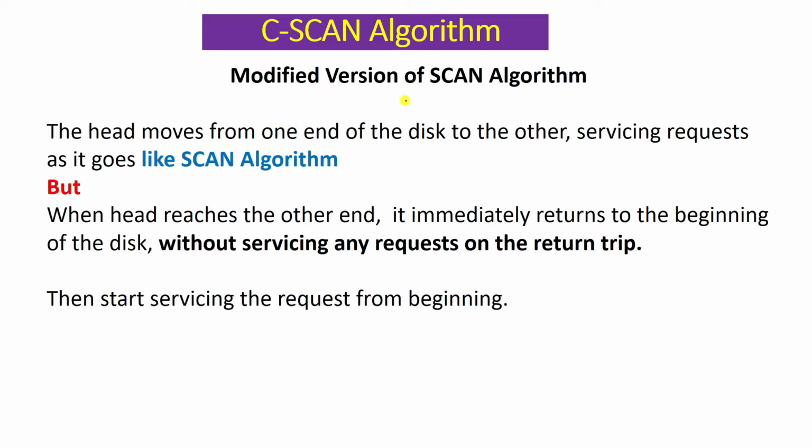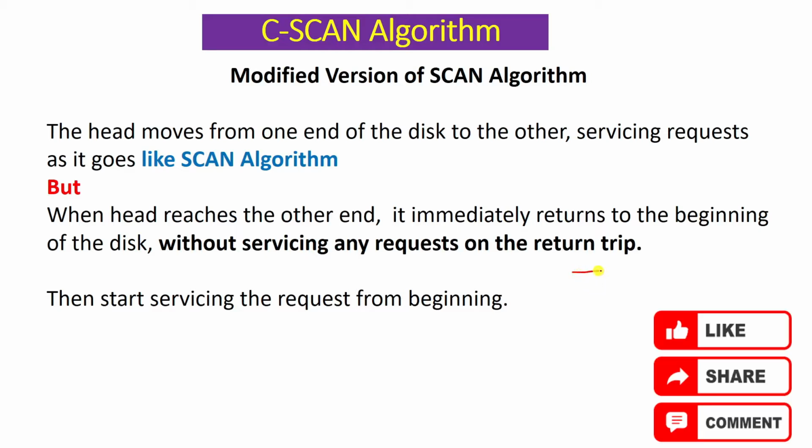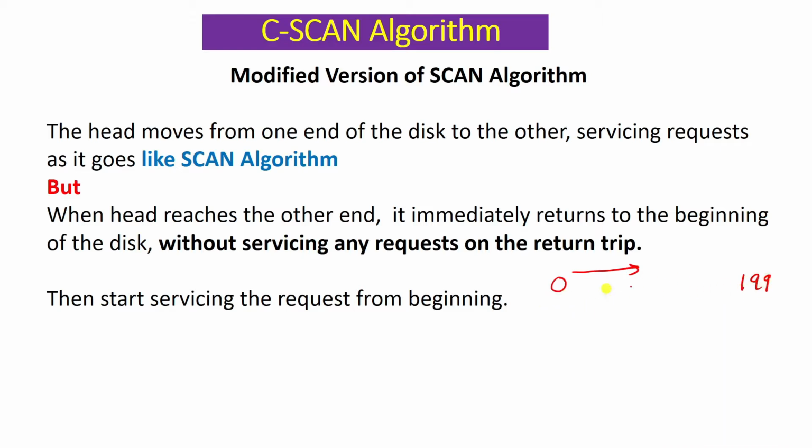As we have understood, in the scan algorithm we were moving in one particular direction. We will be given some initial direction. Let's say we are moving from the lower cylinder number to the highest cylinder number, let's say 0 to 199. We have 200 cylinders, 0 to 199, and we are moving in this direction. From the current position of the read write head, we go to 199, and in between we are servicing the requests. After that, we change our read write head direction, and we again service the requests in the other direction.